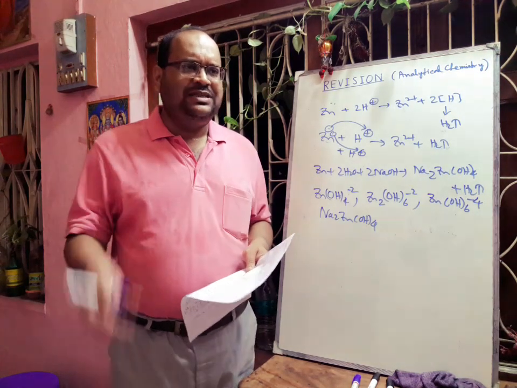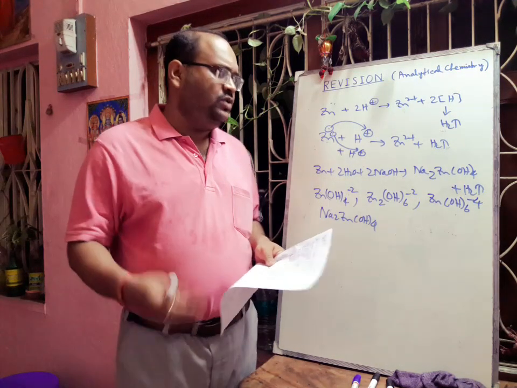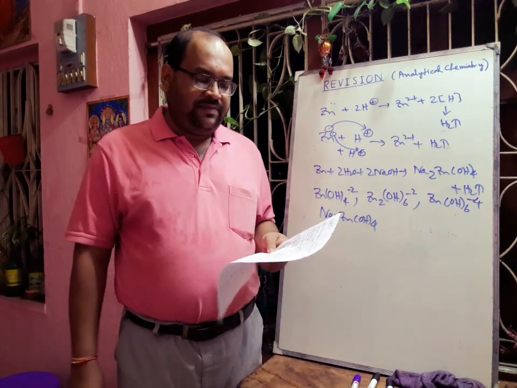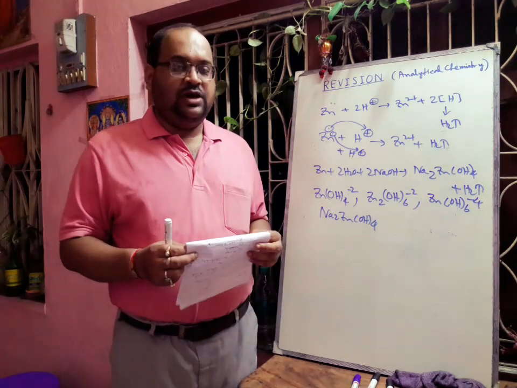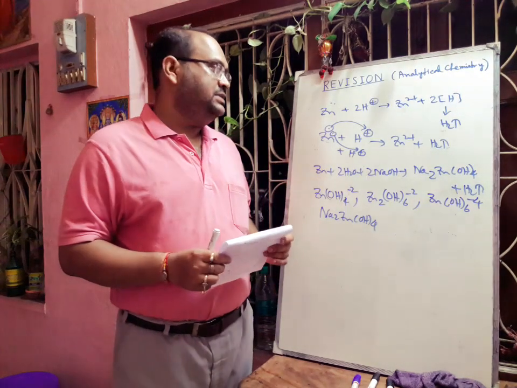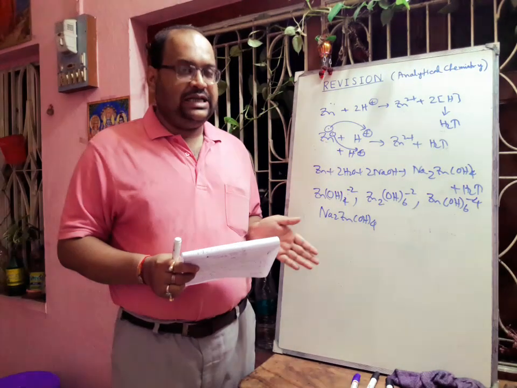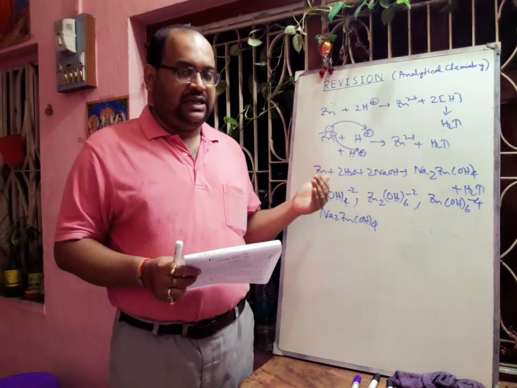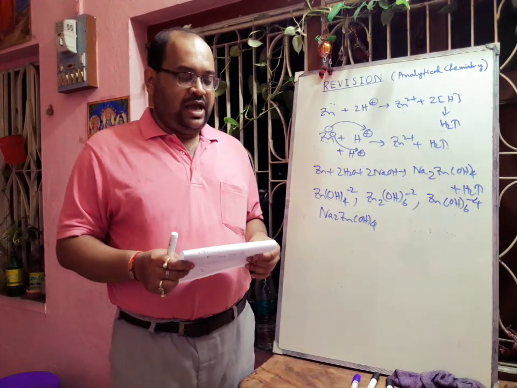Some people will say that in case of zinc, the d orbital is already filled up, so how is it forming a complex like sodium zincate, Na2ZnO2? Actually, zinc can utilize the outer s, p and d vacant orbitals or vacant levels in forming this type of complex. Hope you can understand. So these are special properties of some metals. Tin also shows this amphoteric nature. At your level you only have to remember that these metals, their oxides and hydroxides, react with both acid as well as base. That is why they are called amphoteric.